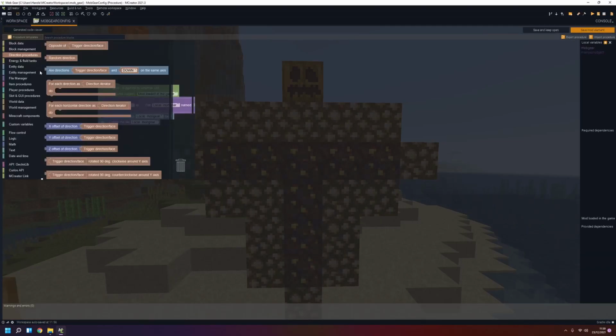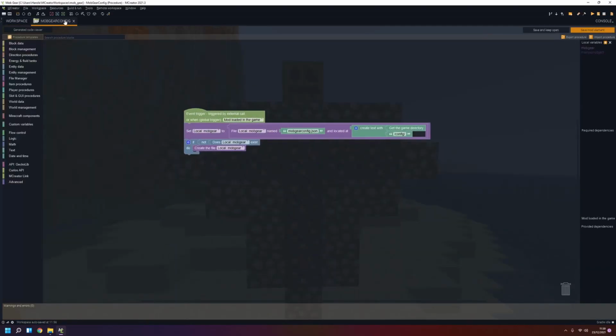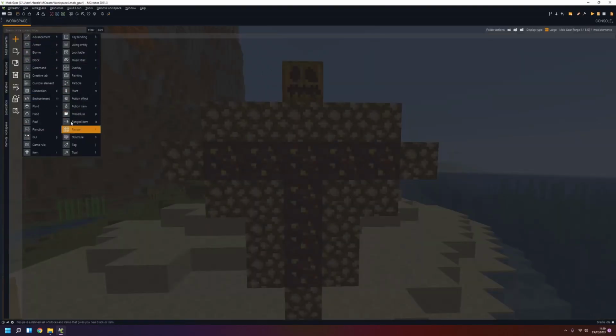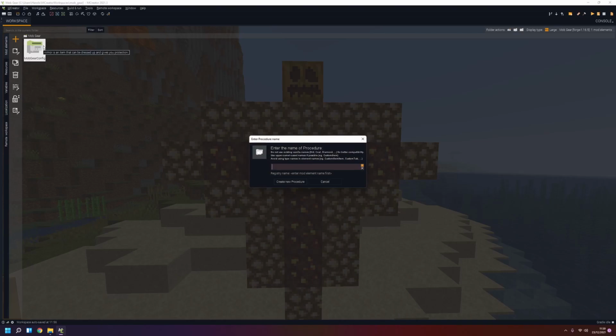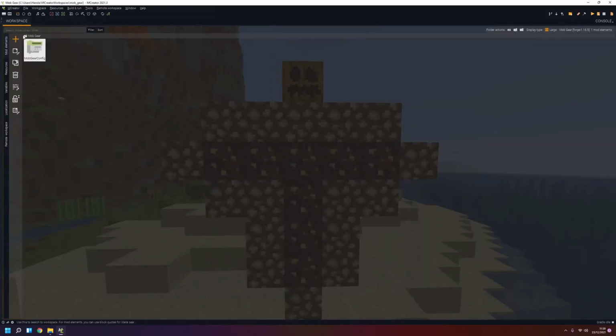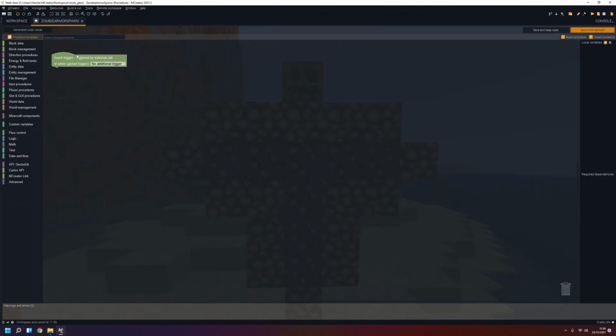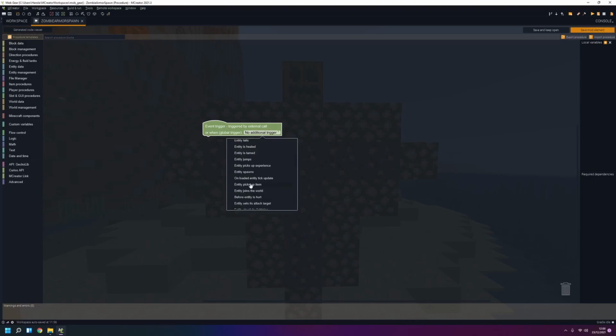Okay, now that we have our config done without anything inside, let's make the procedure which I'm gonna be changing with the config. So let's do it. Zombie armor spawn. Actually, I misspelled it. This is gonna make the zombie spawn with diamond armor. So I need the entity